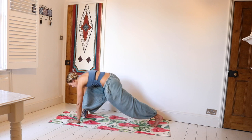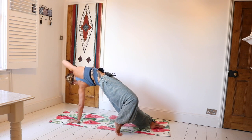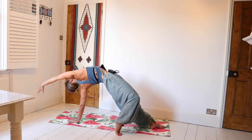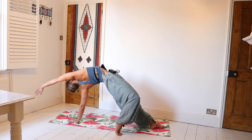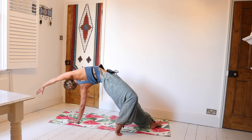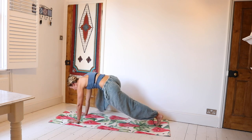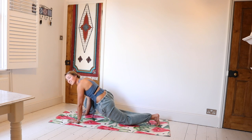Frame the foot. Pick off the right foot and send it all the way back over the left leg. Coming up for wild thing. Hips lift super high. Breathing here. Inhaling and exhaling. And then placing that right hand back down,